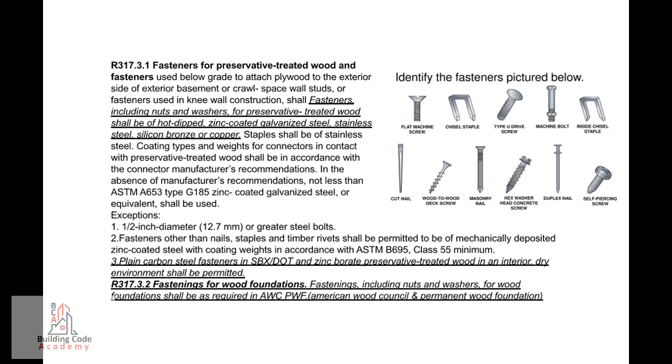R317.3.1 Fasteners for preservative-treated wood. Fasteners, including nuts and washers for preservative-treated wood, shall be of hot-dipped zinc-coated galvanized steel, stainless steel, silicon bronze, or copper. Staples shall be of stainless steel. Coating types and weights for connectors in contact with preservative-treated wood shall be in accordance with the connector manufacturer's recommendations. In the absence of manufacturer's recommendations, not less than ASTM A653 type G185 zinc-coated galvanized steel or equivalent shall be